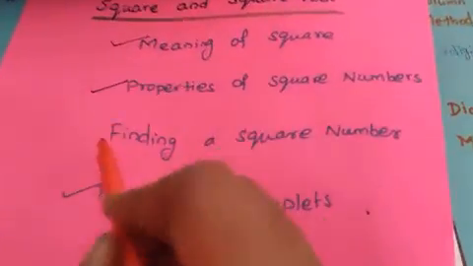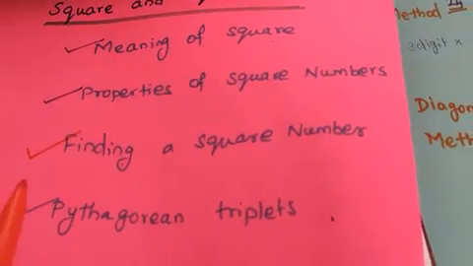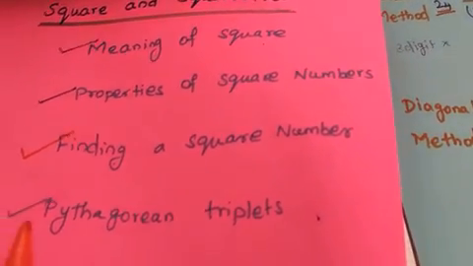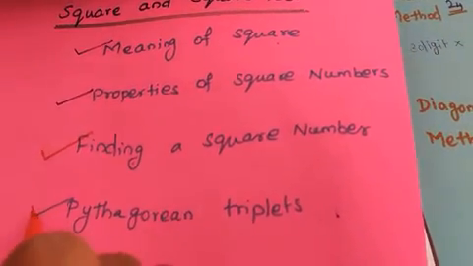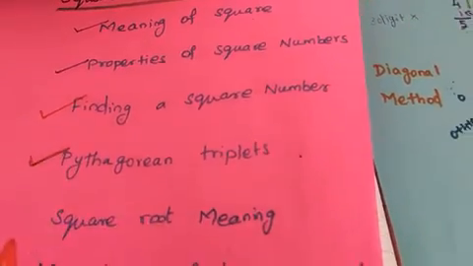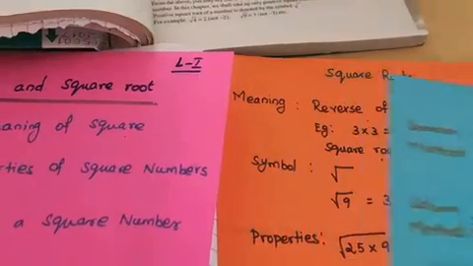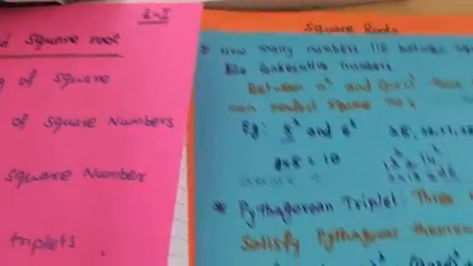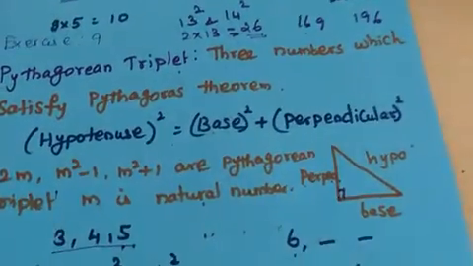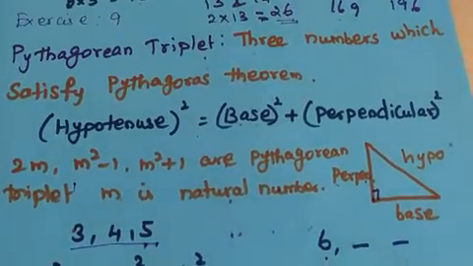After finding the square of a number, now you know using 3 methods you can find the square of a number. Now we are moving to the next one, Pythagorean triplet, right? I'll explain Pythagorean triplet. Before entering that, first you should know what the Pythagoras theorem is. Then only we can easily understand this Pythagorean triplet.